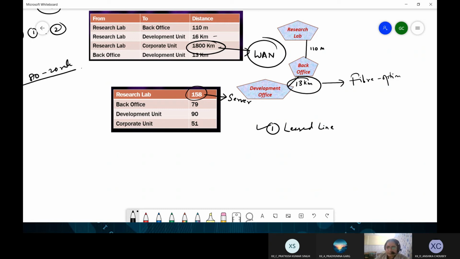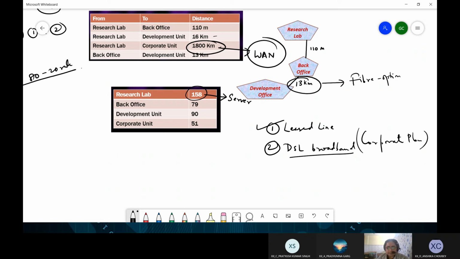So either the company can go for leased line connections, or they can go for a DSL broadband connection, because these broadband companies also provide corporate plans which are a little costlier as compared to the normal home subscriber plans, but they provide economical cost. They are economical as well as they provide unlimited broadband access, unlimited downloads and uploads, and that too at nominal cost.